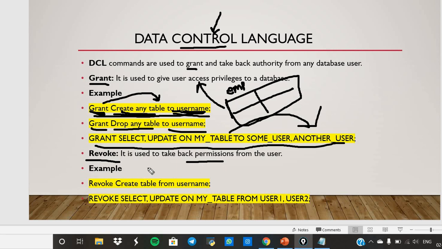Next is revoke. Revoke will take back the permission from the user. Example: revoke create table from username.